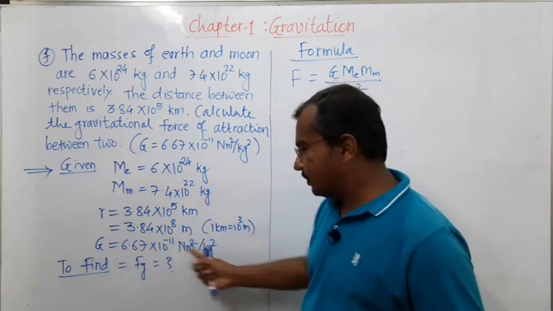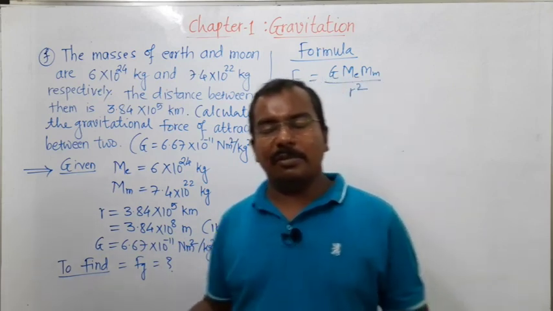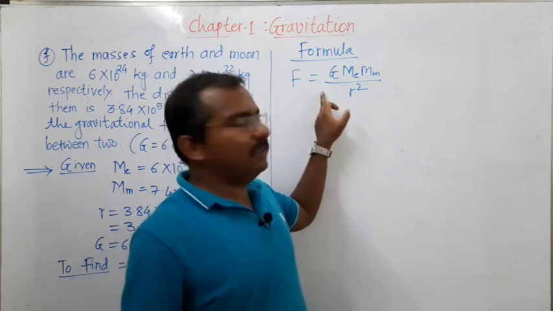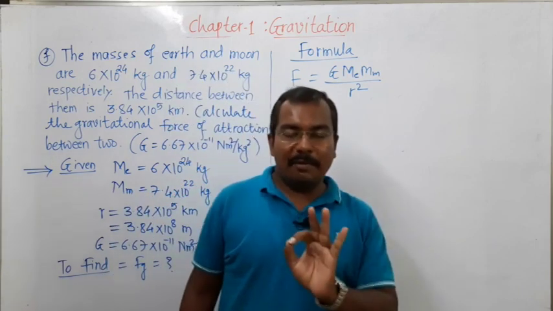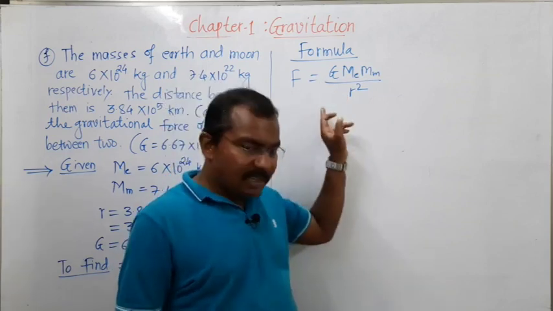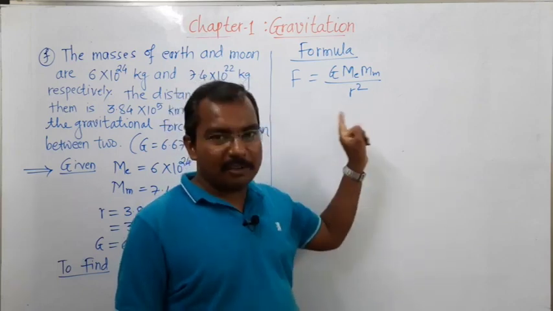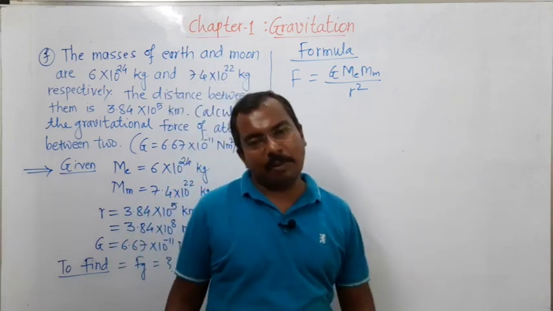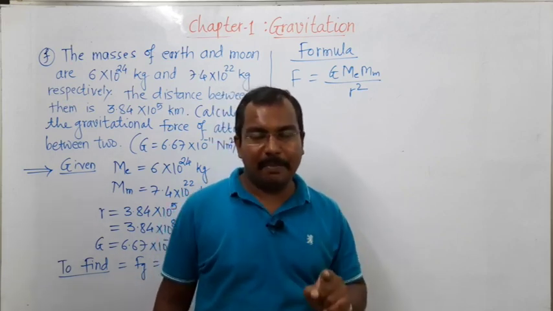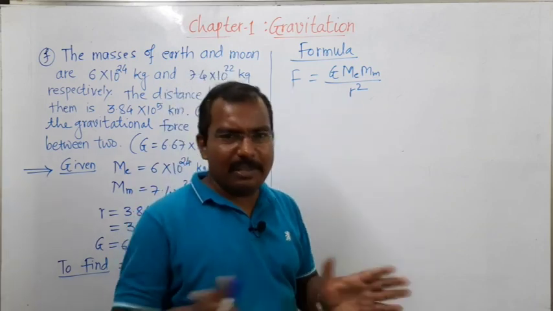Okay. And the constant, universal constant of gravitation. We have to calculate the force of attraction or the gravitational force, and the formula is here. F is equal to, according to Newton's law of gravitation, this is the formula here. Got it? F is equal to G times mass of one object into mass of another object divided by R square. Force is directly proportional to product of masses and inversely proportional to square of distance between them. This is the law in short. So put the values and make the calculations. We will get the answer.